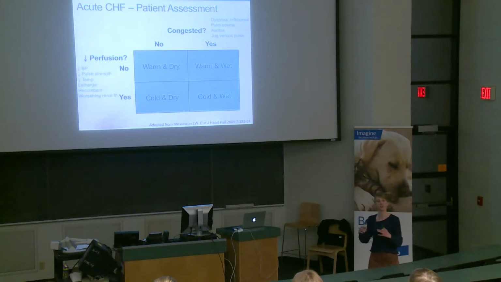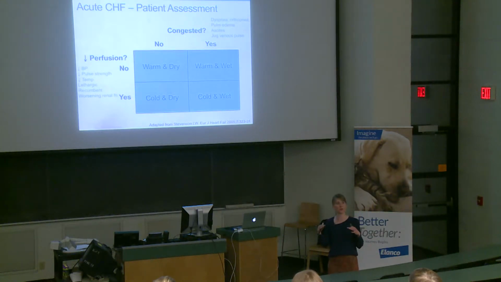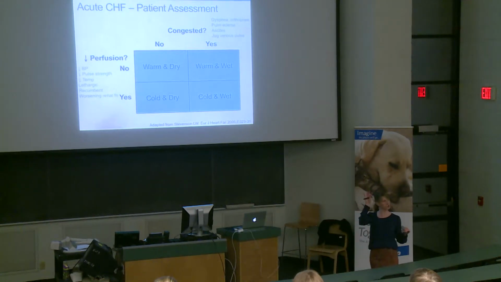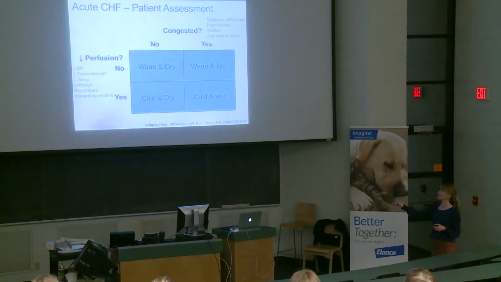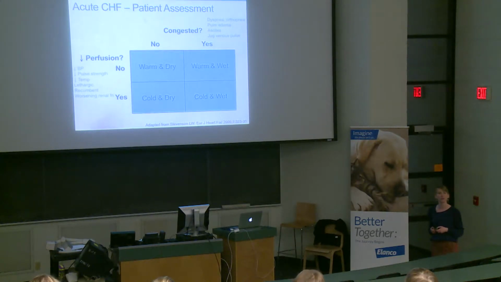We can use renal function as one of those perfusion parameters. So we're trying to assess both congestion status and perfusion status. And then we want to slot our patients into one of these 4 quadrants. And for heart failure, we're usually talking about patients that are either warm and wet, in which case they need